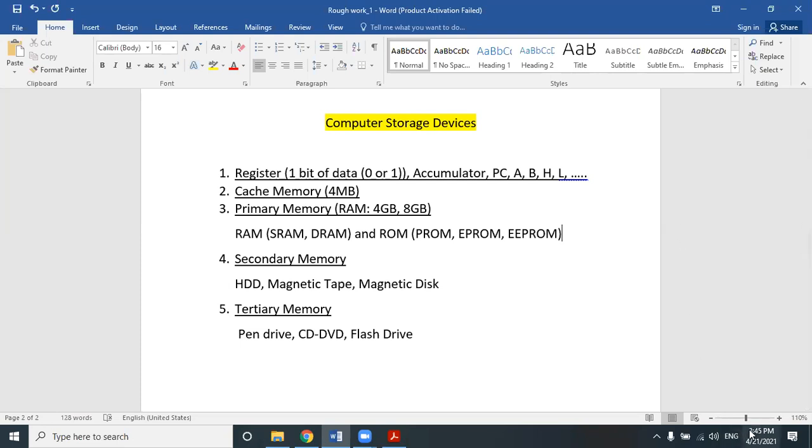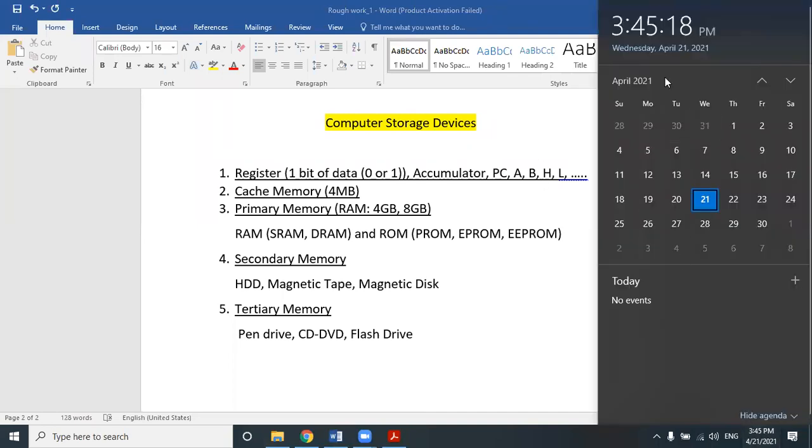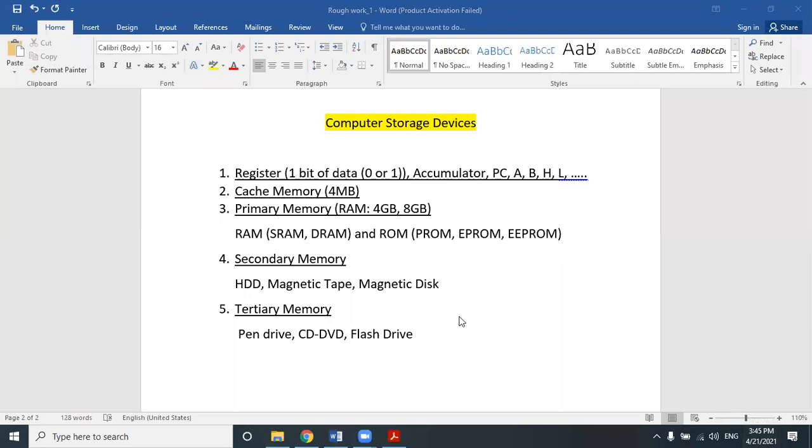Not only that, all of you have seen the time and date of our system. When you switch off your machine and switch it on again, do you need to reset this time and date again and again? No. Why? Because it is permanently saved in the ROM. So these are the data which are actually stored in the ROM. The boot sector, or the boot ROM, is mainly responsible for storing the permanent files.